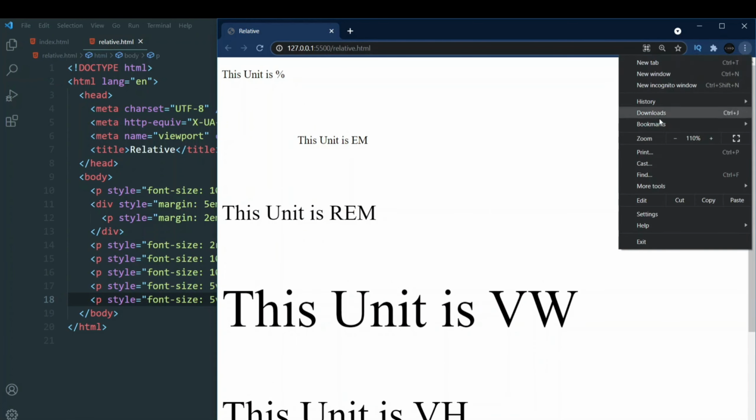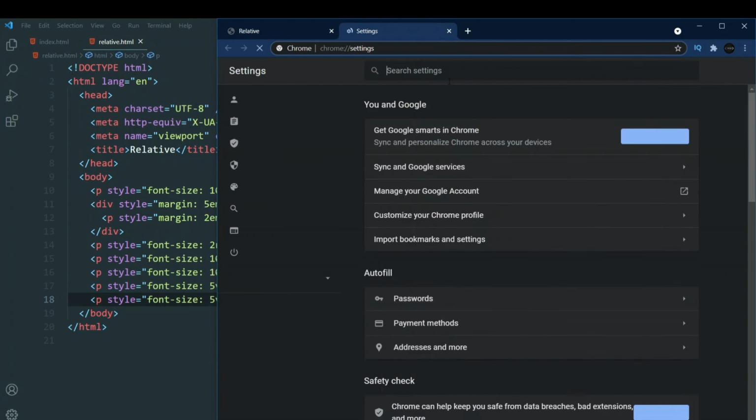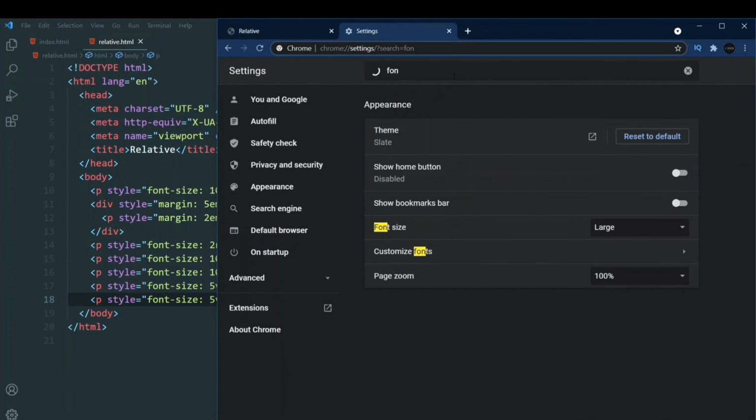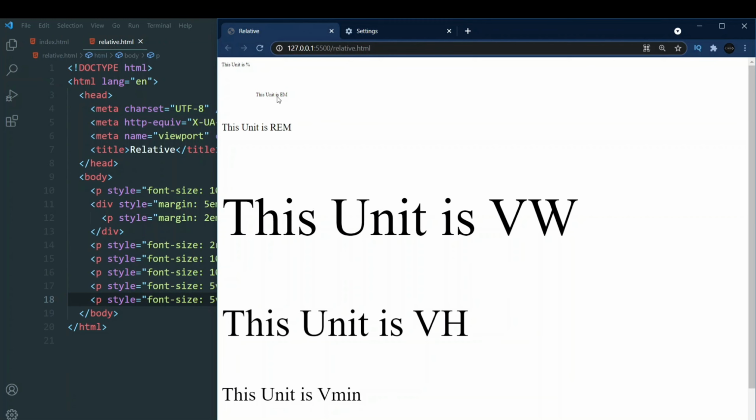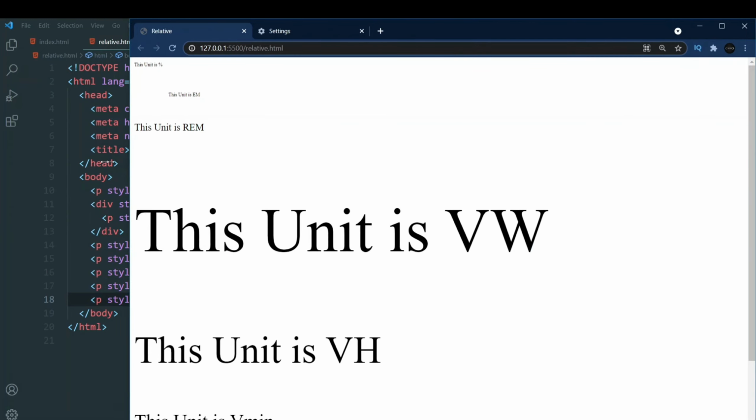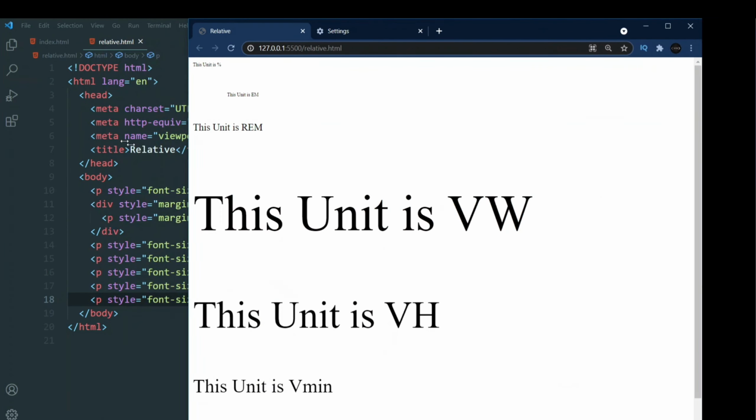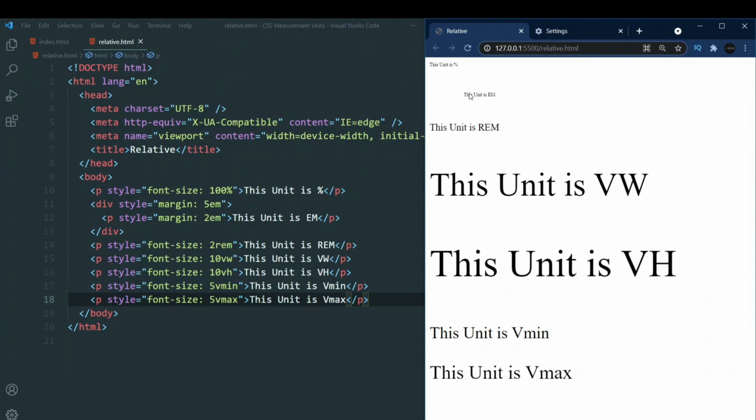Now let's check what happens by changing our font size. So it'll make it very small now. You can see the percentage has changed. Our EM has decreased, our REM has not decreased, because it is with respect to the screen that we are using. Our VW and VH are also affected when we make the font size smaller.